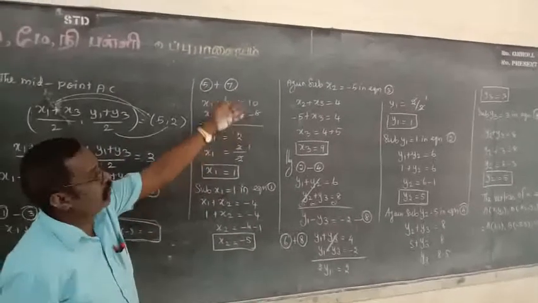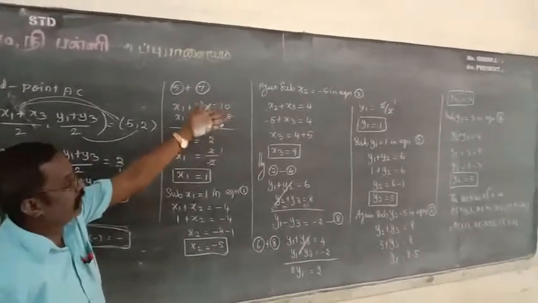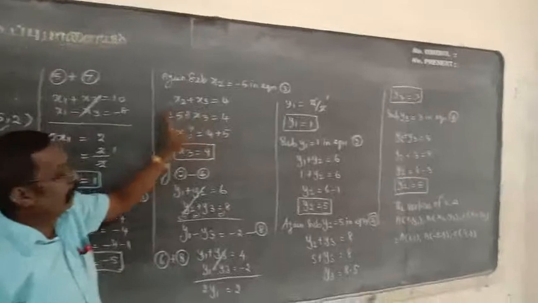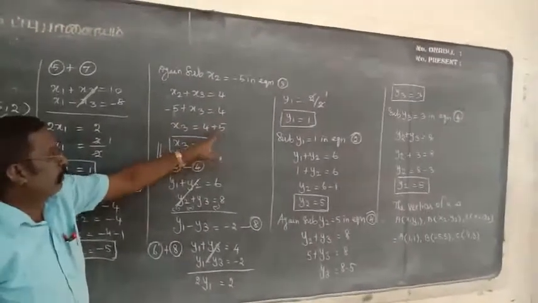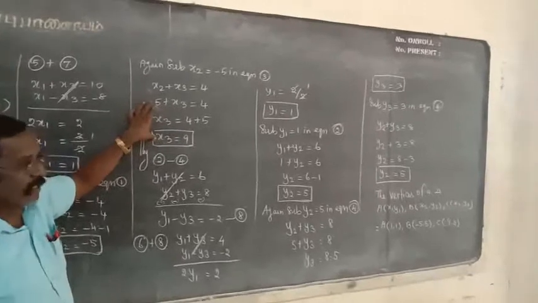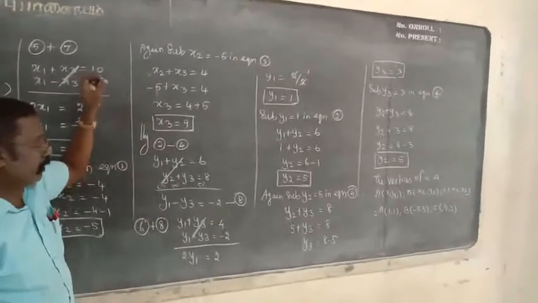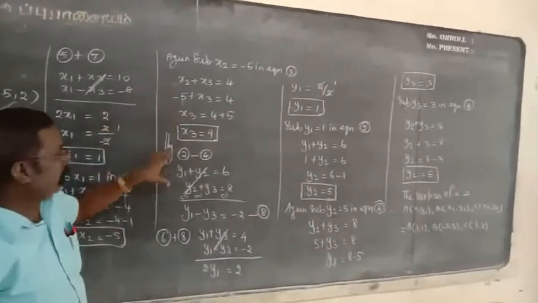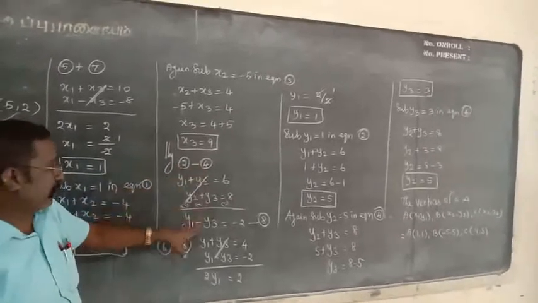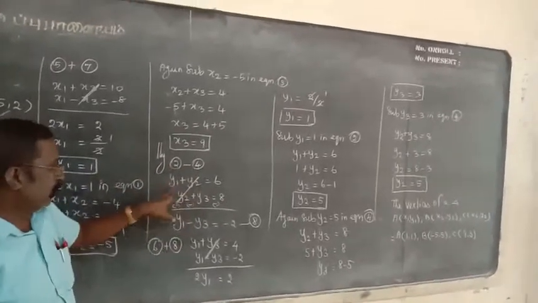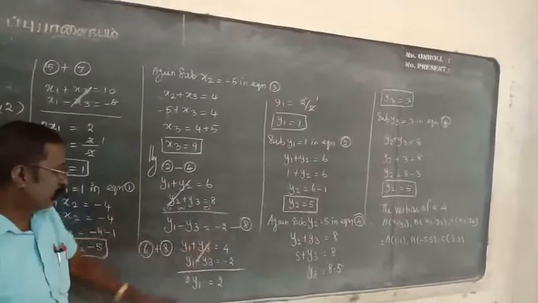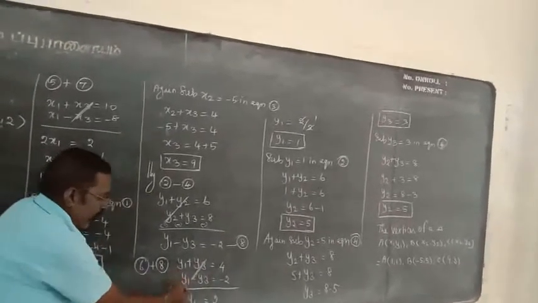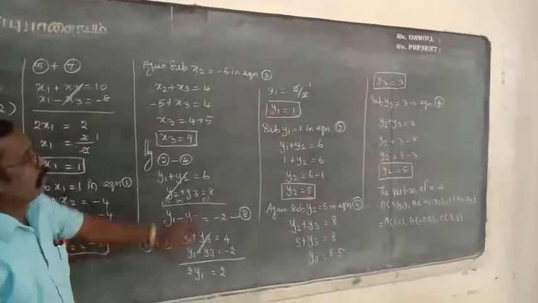Again substitute x2 equal to minus 5 in equation number 3. So substituting x2 here, x3 equal to 4, the minus 5 going to the right hand side as plus 5, 4 plus 5, 9. x3 equal to 9 we find. Once again, the x1, x2, x3 values are already found. For the second and fourth equations, subtract: y2 cancels, sign changes, y1 minus y3 equal to minus 2. Then take the sixth and eighth equations and add these two: 2y1 equal to 2, y1 equal to 2 by 2 equal to 1.